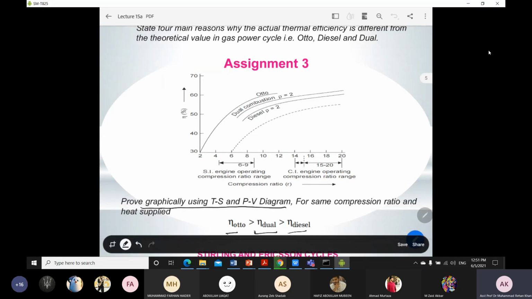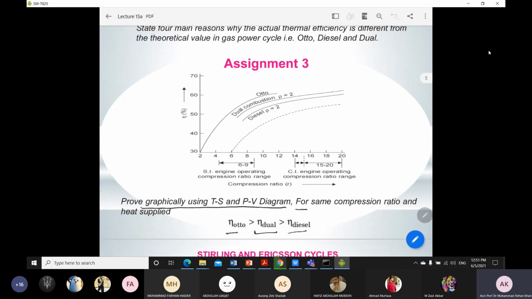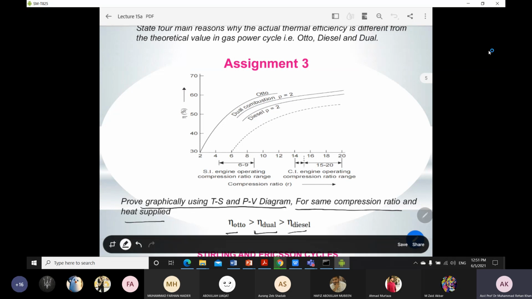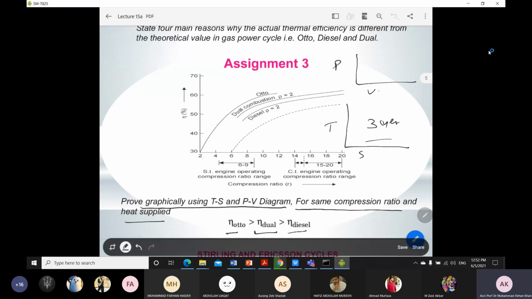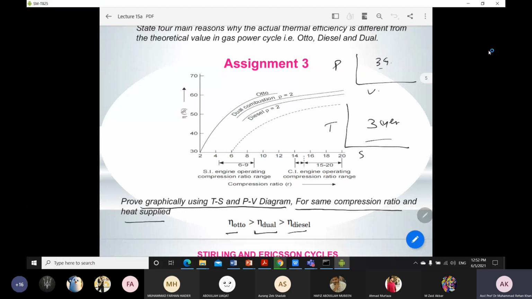Okay, so you do not have to go for any calculations or any mathematical procedure, and you have to just assume that for the same compression ratio, the heat supplied is the same for all the cases. So what you have to do is draw one TS diagram and one PV diagram. Okay, so this is TS, this is PV diagram, and you have to draw all 3 cycles. Okay, so all 3 cycles on the one TS diagram and all 3 cycles on the one PV diagram,